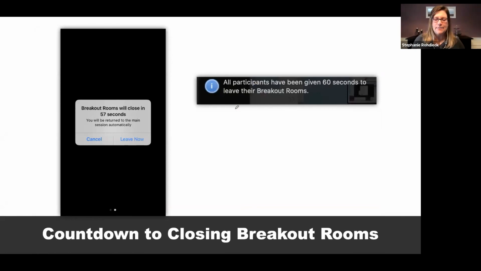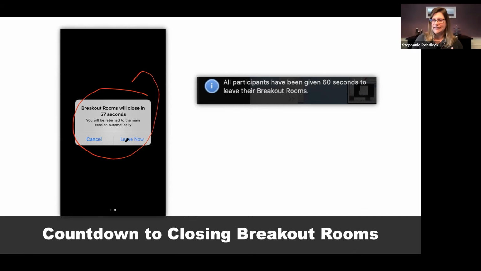Okay, and then lastly, before I throw you into groups here, I wanted you to see what happens when you are closing out the group, and if you set a countdown, right, that thing at the very bottom where I selected 60 seconds, this is what pops up for you and for your participants. You have one that says they have X number, now the countdown begins. Them in their room, in the breakout rooms, they get a little thing that says this.